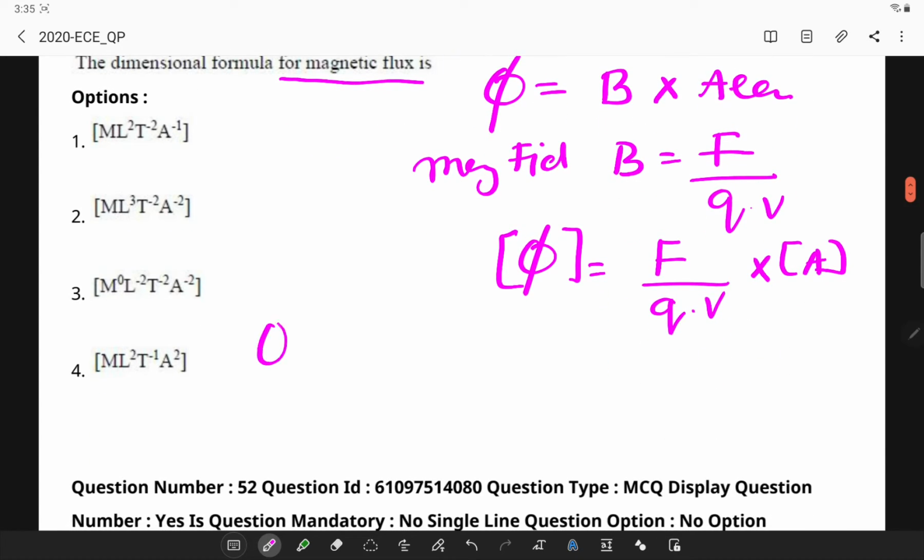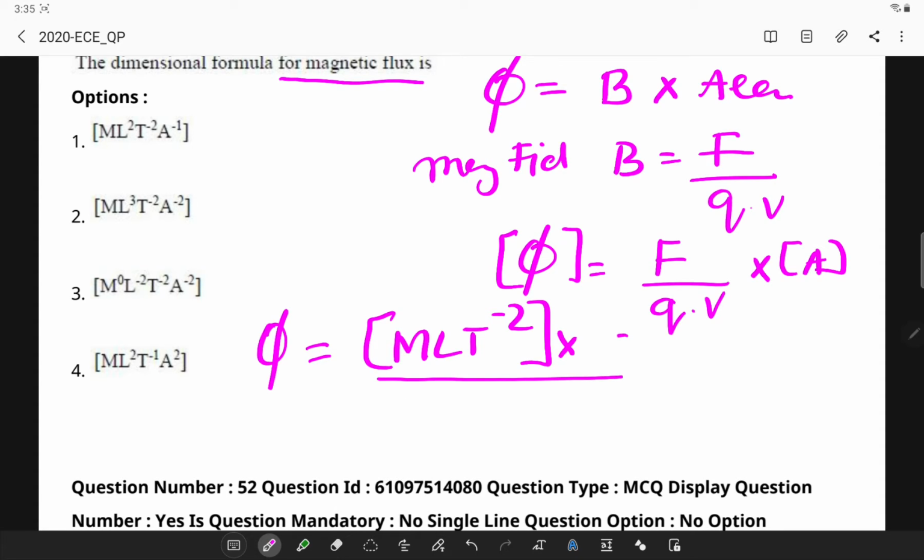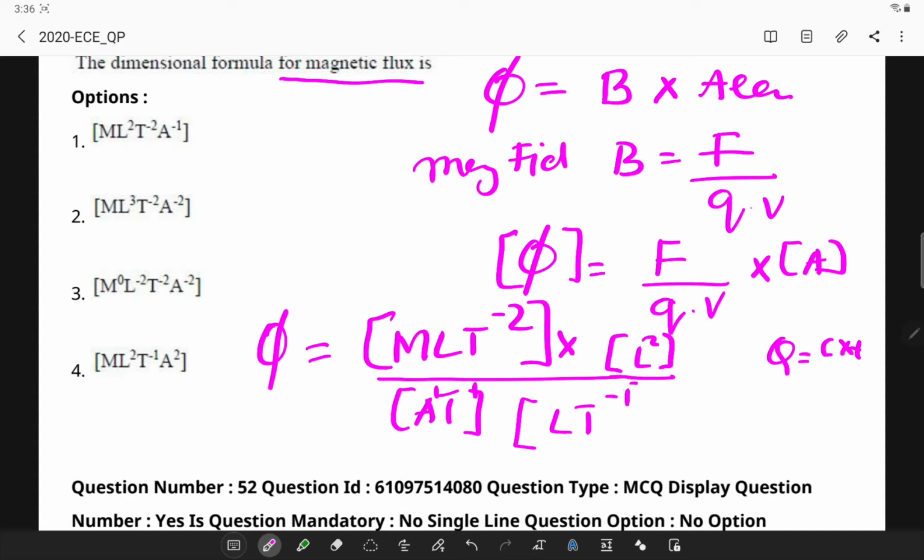We know the dimension formula of force, which is M L T power minus 2, mass into acceleration, into area, I simply write L square. For q, the dimensional formula is current into time, so A into T, A power 1 into T power 1, and v is velocity, which is L T power minus